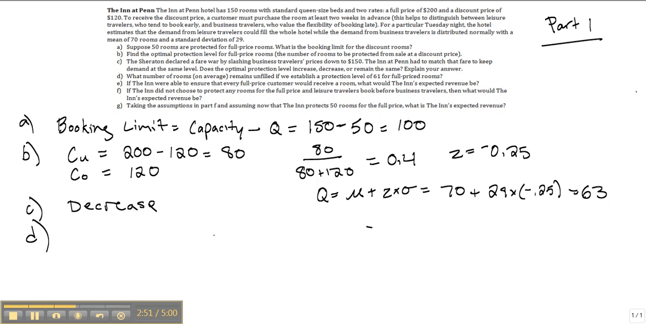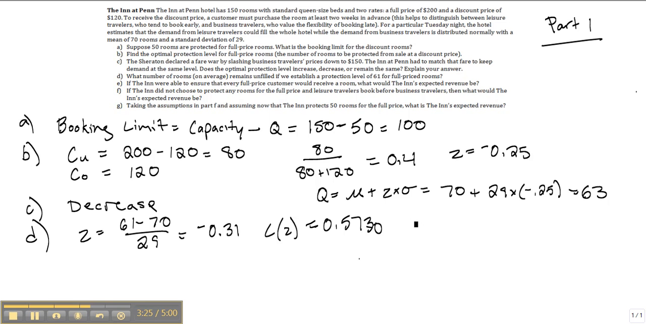For Part D, what number of rooms remains unfilled if we had a protection level of 61? The number of unfilled rooms is the same as expected leftover inventory. So let's start out by creating a z-value corresponding to this number of protected rooms. So 61 minus 70 all over 29 equals a z-value of negative 0.31. From the standard normal loss function table, we know that this has a corresponding L of z that's equal to